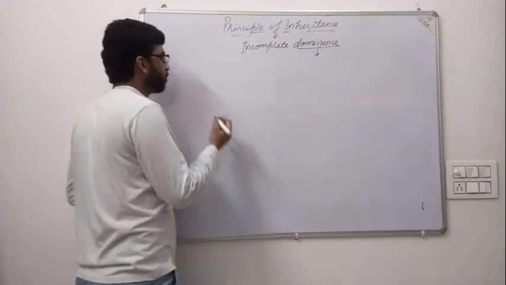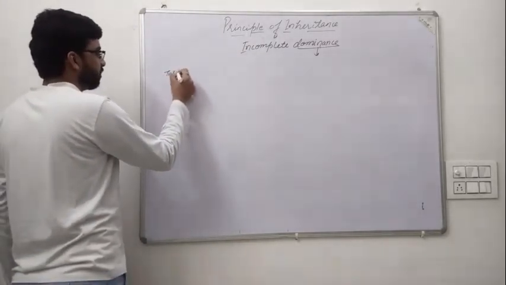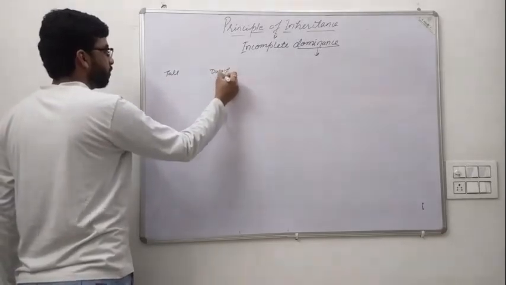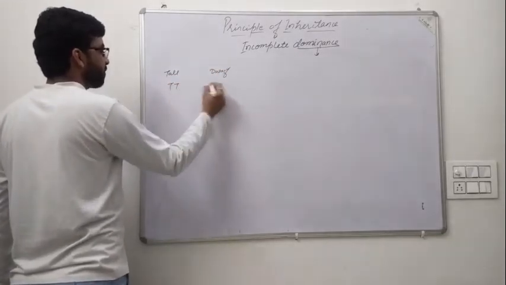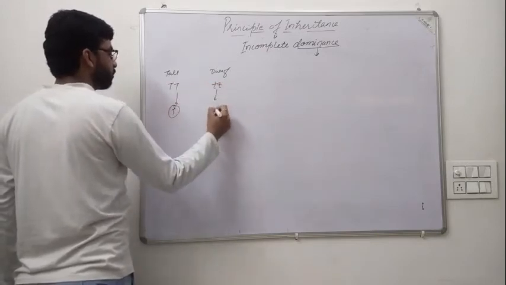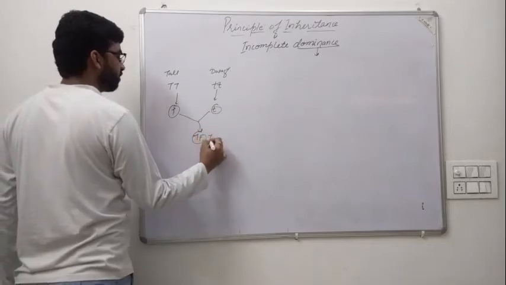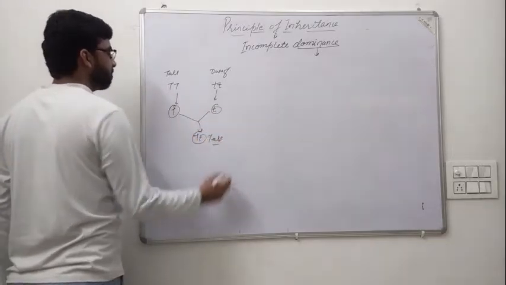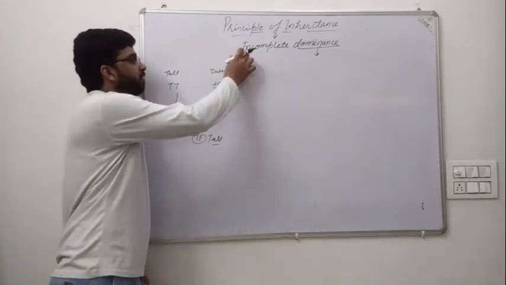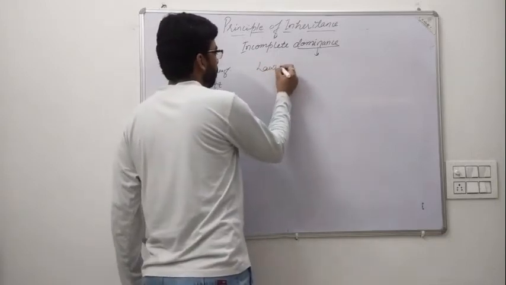So we know that when we do a cross between two parents, like a tall and a dwarf, then what will happen? Capital T, small t. We just recall it. Capital T, small t. All the tall plants, meaning those that express their character, are called dominant. Here, what will happen? Here the law of dominance